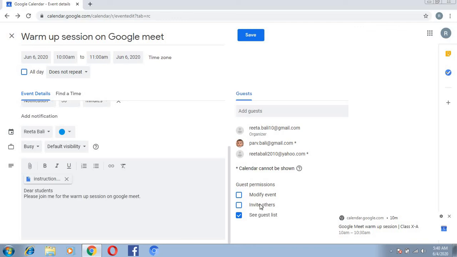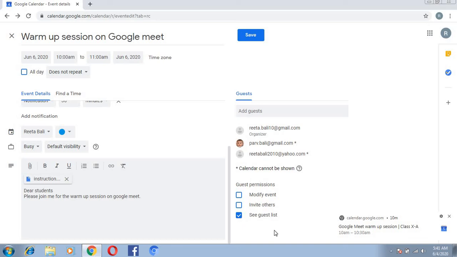If you don't want, then you can leave it empty. But I think the third permission should be given to the guests, so that they can see who other participants or guests are being invited for the meeting. So I am clicking on this.